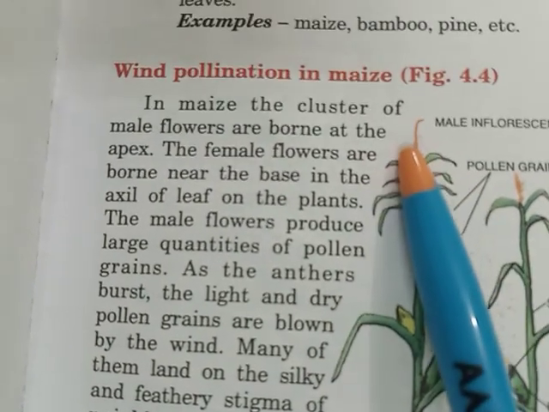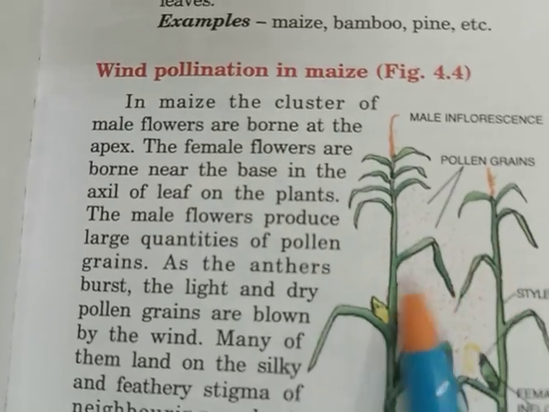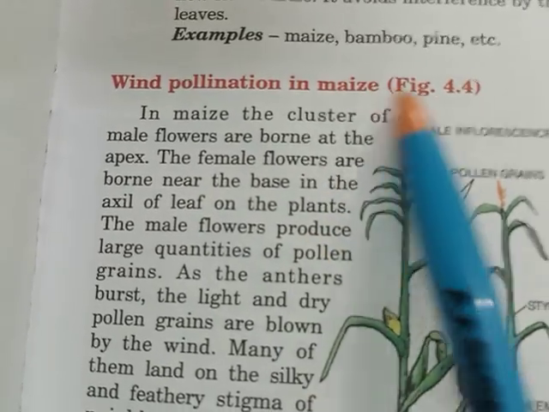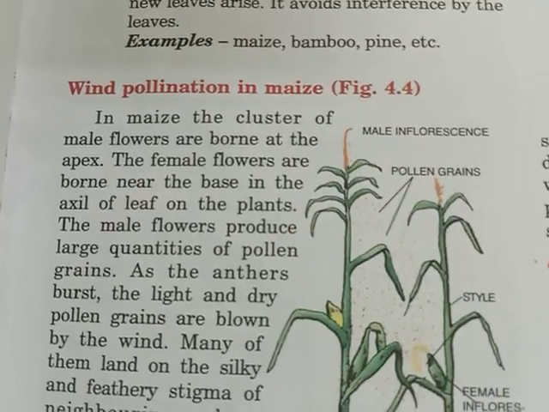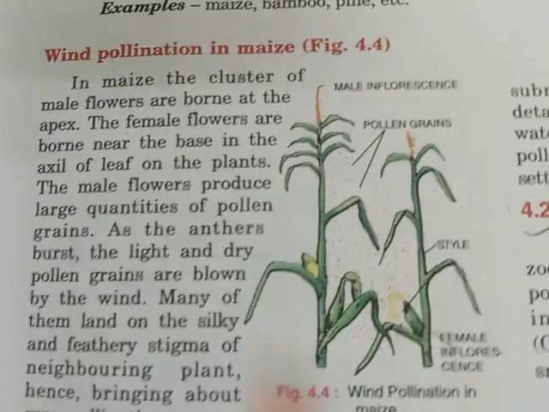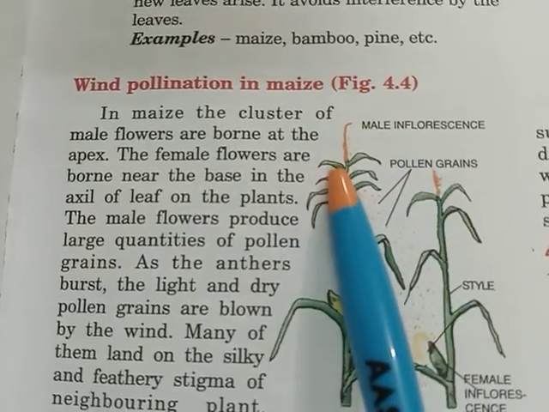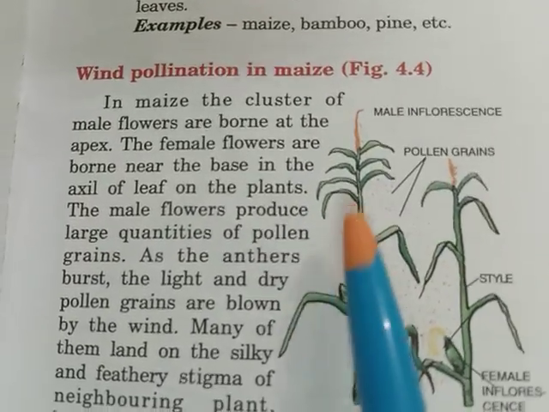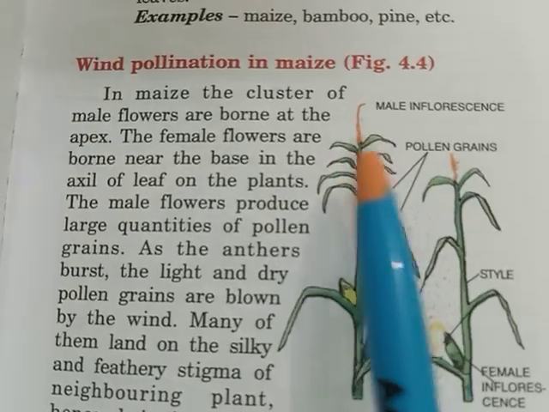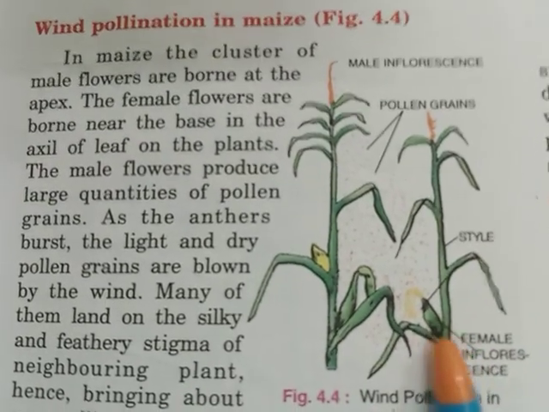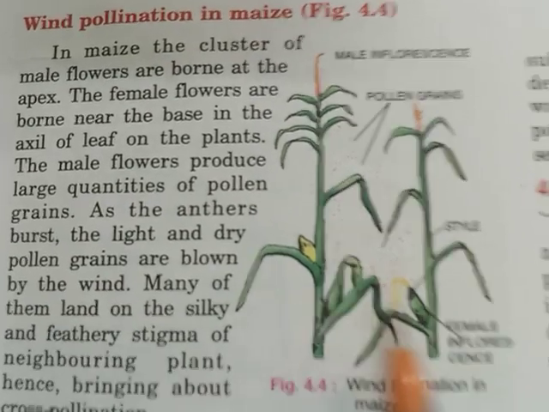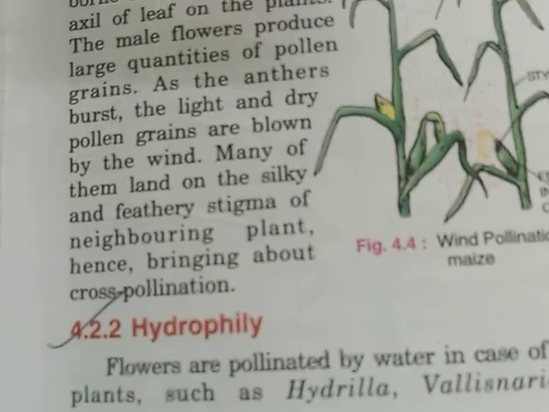Here the plant has the male flower, and here you can see the female flowers. When the anther bursts open, the pollen grains are released. They are very light, they are easily blown by the wind, and they land on the feathery stigma of the neighboring plants, thus bringing about cross pollination. So this is all about